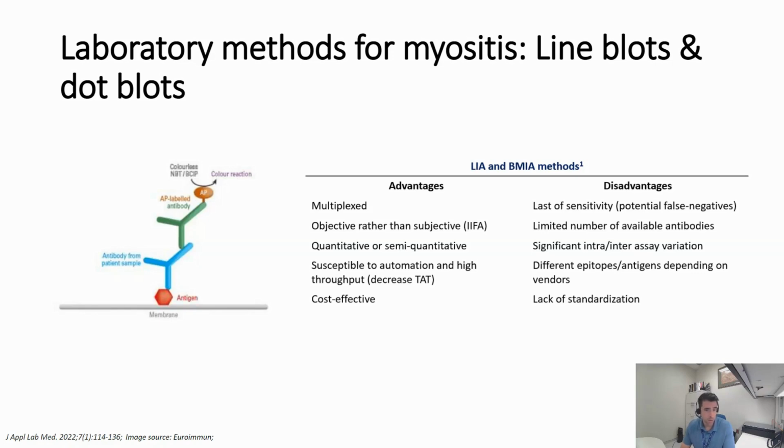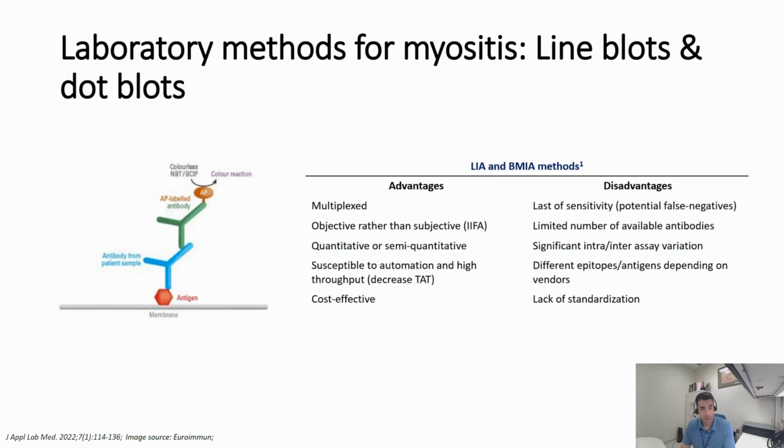So the advantage here is that it is multiplexed. It's objective rather than subjective. Subjective methods, which we'll see shortly, can be indirect immunofluorescence assays. It can be quantitative or semi-quantitative. It can be automated and consequently can go through a high throughput process, which shortens the turnaround time and generally can be cost effective because you can multiplex the detection of multiple autoantibodies in